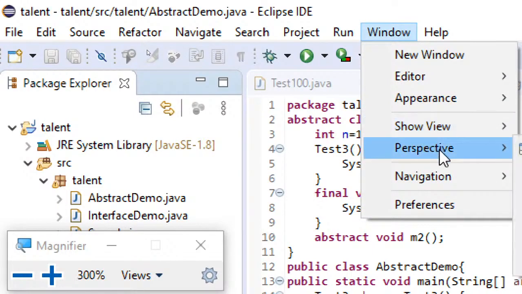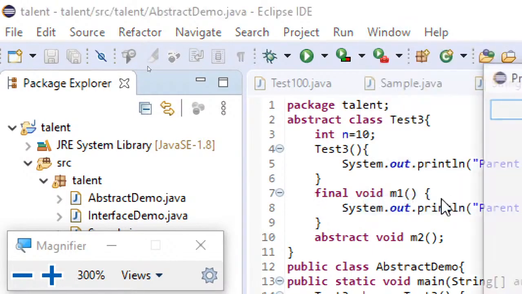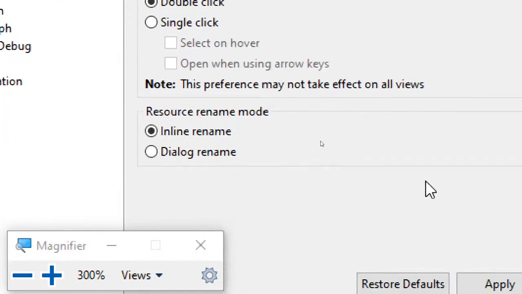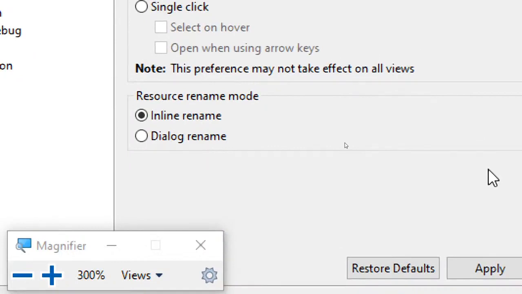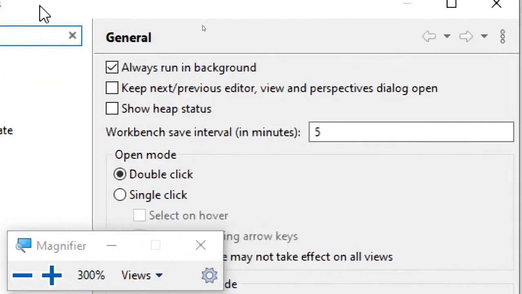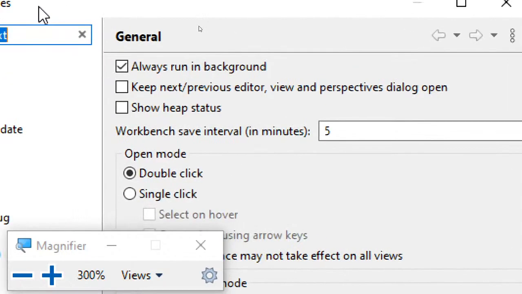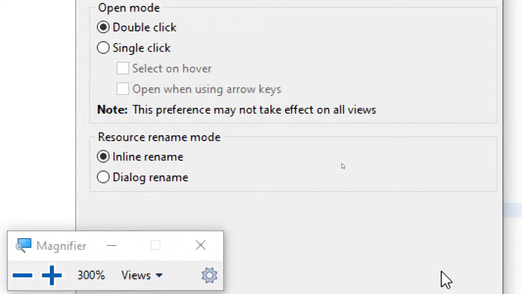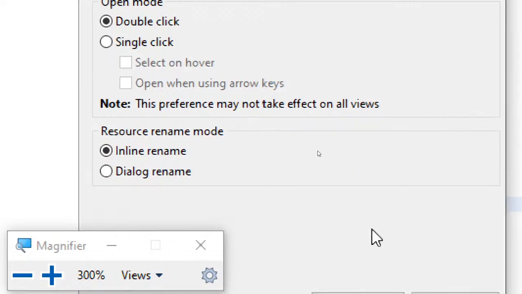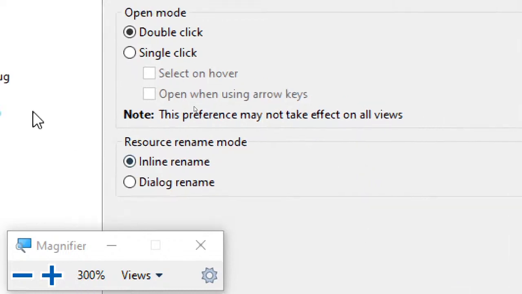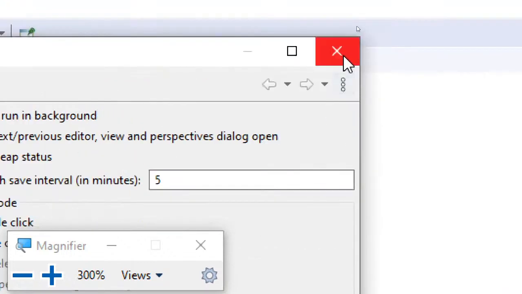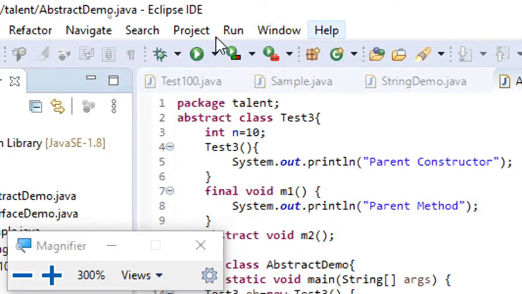And yeah, in preferences also you can go and make necessary changes. Here you can see all the preferences, but my advice is don't try to make any changes without having knowledge of this. Preferences will be useful for making certain changes for the entire applications that you are going to use with the IDE, the complete Eclipse IDE. So without knowing all those changes, don't try to make changes. That's what the preferences window is useful for.